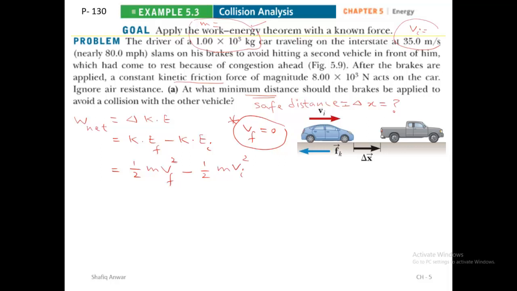Okay, and we have f_k delta x cosine of 180 degree equal this. So this will be minus f_k delta x. This is 0 final. So you have half